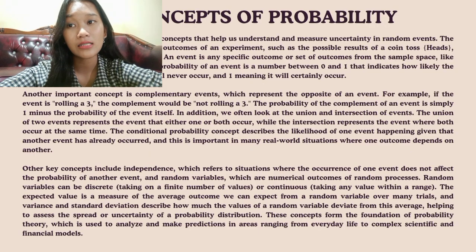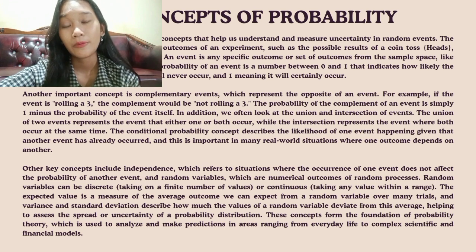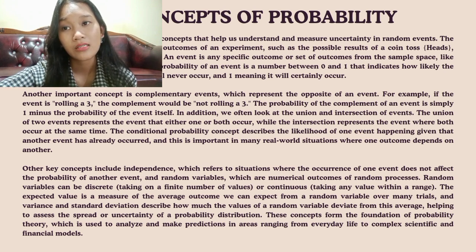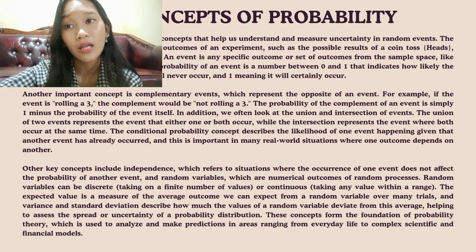And next are the key concepts of probability. Probability is built around several key concepts that help understand and measure uncertainty in random events. The sample space is the set of all possible outcomes of an experiment, such as the possible results of a coin toss. An event is any specific outcome or set of outcomes from the sample space, like rolling an even